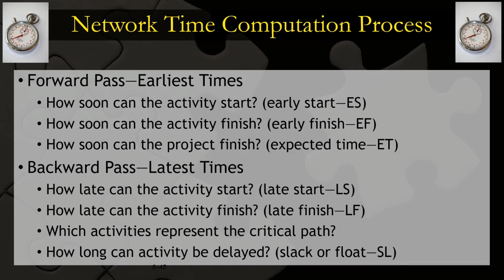What are the questions that can be answered once we do the backward path? How late can the activity start? How late can the activity finish? Which activities represent the critical path? How long can an activity be delayed, of course, without delaying the project? So those questions